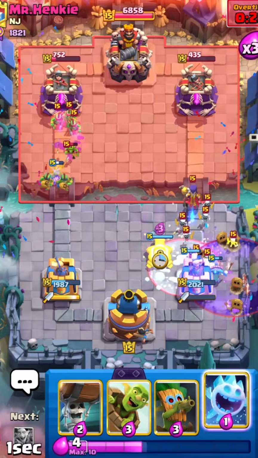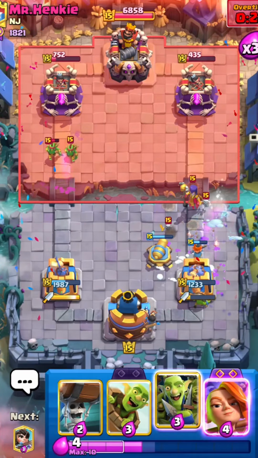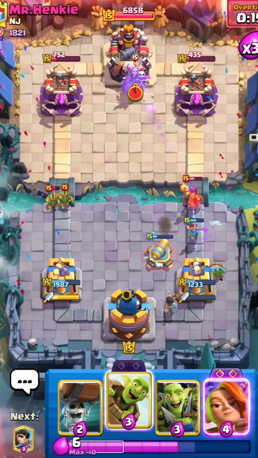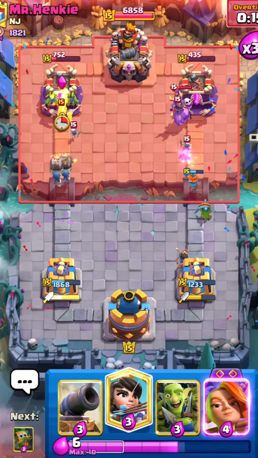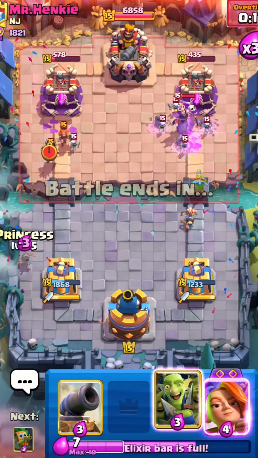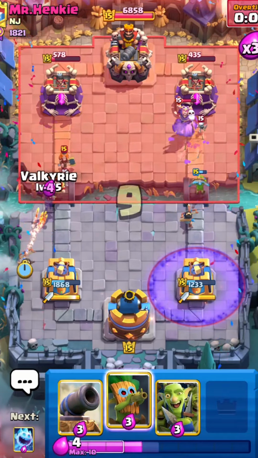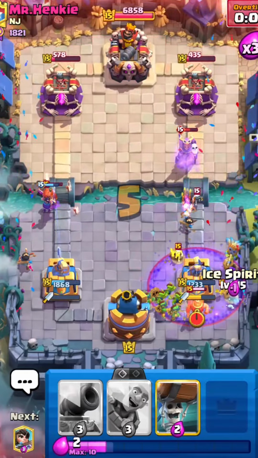I'm going to go with my cannon just to get back to another Dark Goblin. Princess is going to put in some work. Beautiful. Alright, we're going to go with this. We're going to go like this here. Let's see. He's going to go with his Valkyrie. Okay. Alright. He's going to have to use all of his Elixir, basically. Yeah, GG's. I can just go with my split cards here. He's not going to be able to get to his...